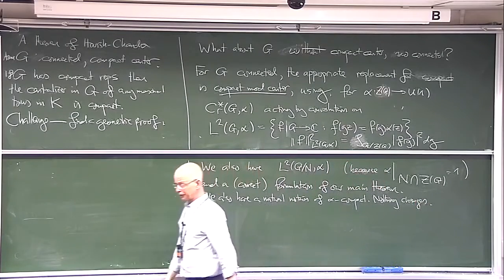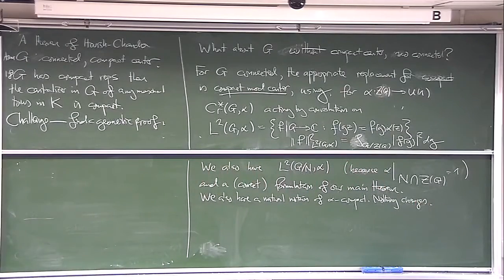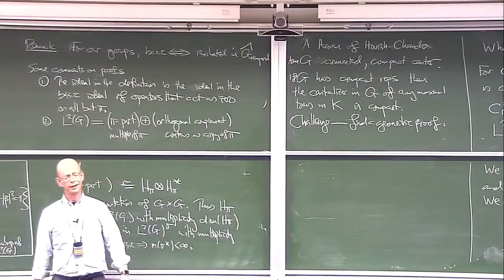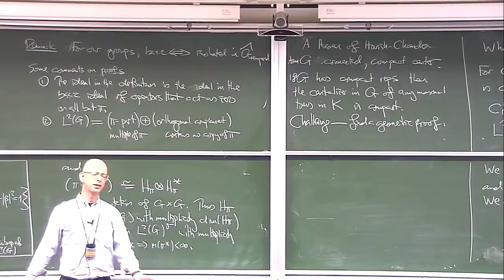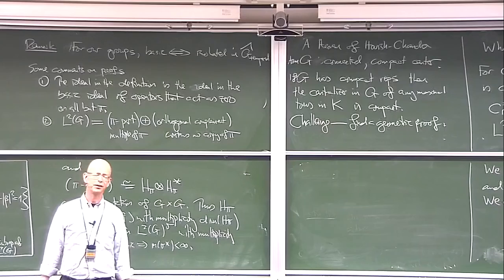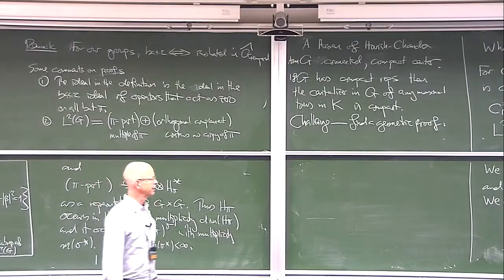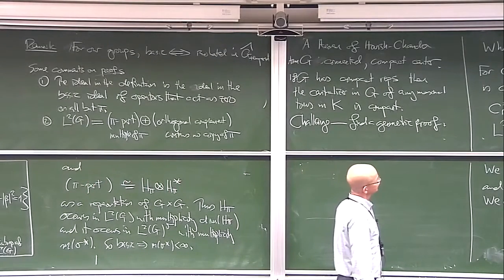So you could introduce a character on the center throughout the entire discussion that we had all throughout the morning and all up to now, and nothing would change, and you'd prove a more general theorem just with alphas everywhere. Okay. That would be the classy way of dealing with this. Alternatively,